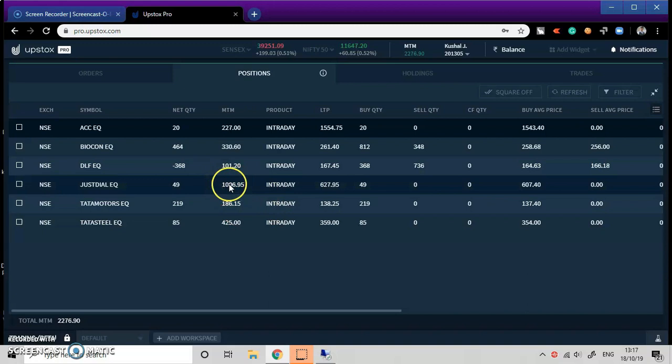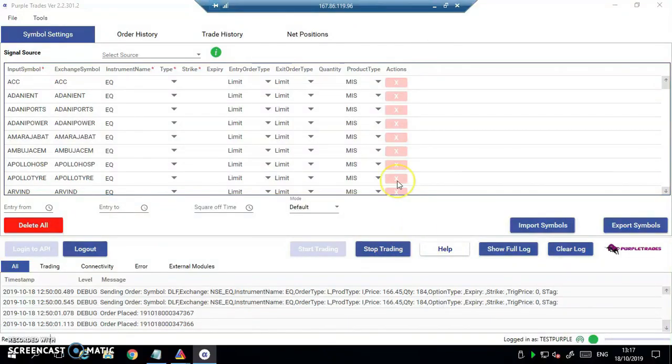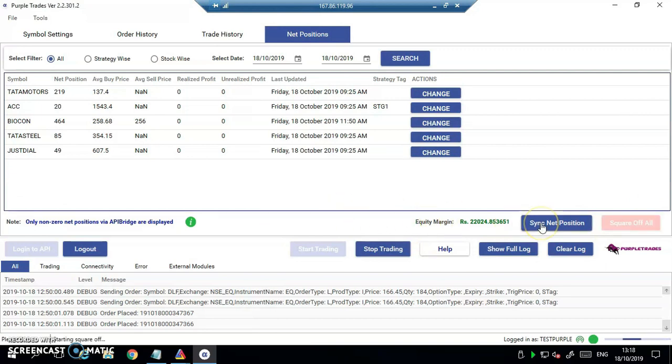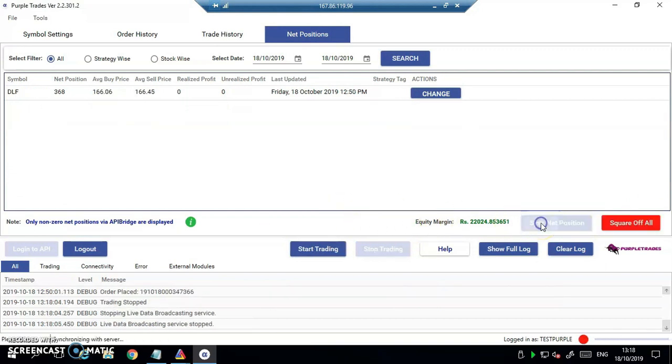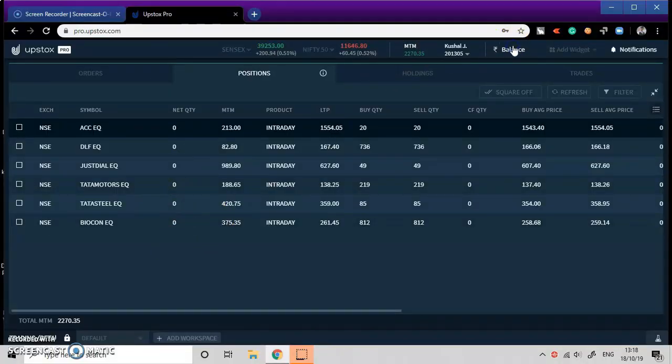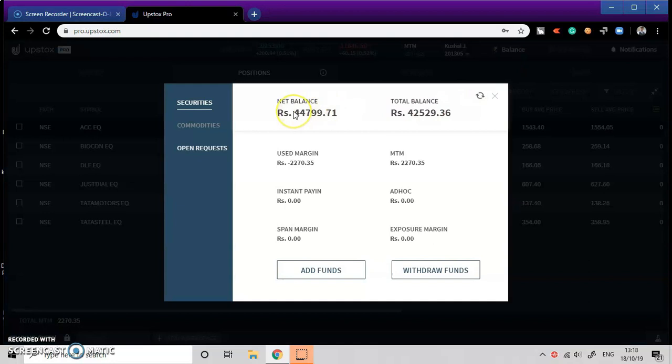So now I'll go to net positions, sync all the positions and square off all the positions, and within a single click all the positions will be squared off. That's it, and you can see I have booked a profit of 2,270 rupees. So my balance now reads